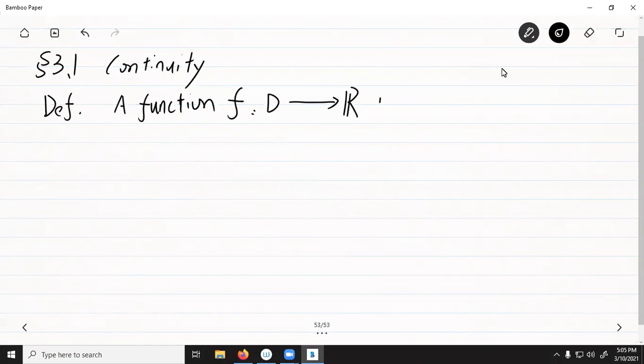This function is said to be continuous at the point x0 in D